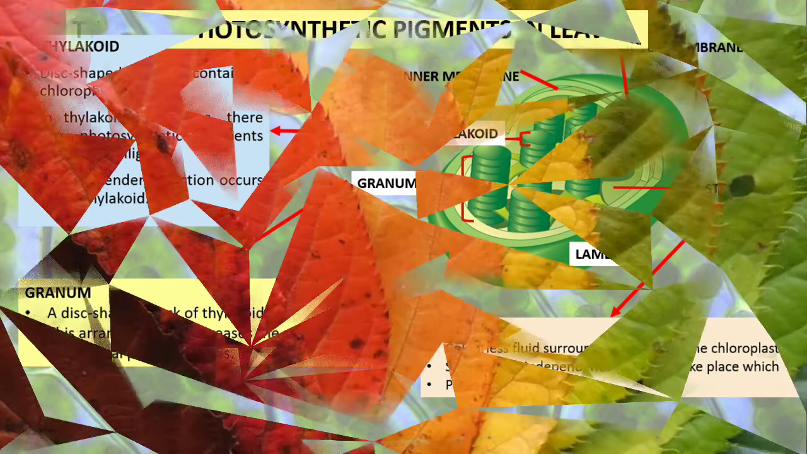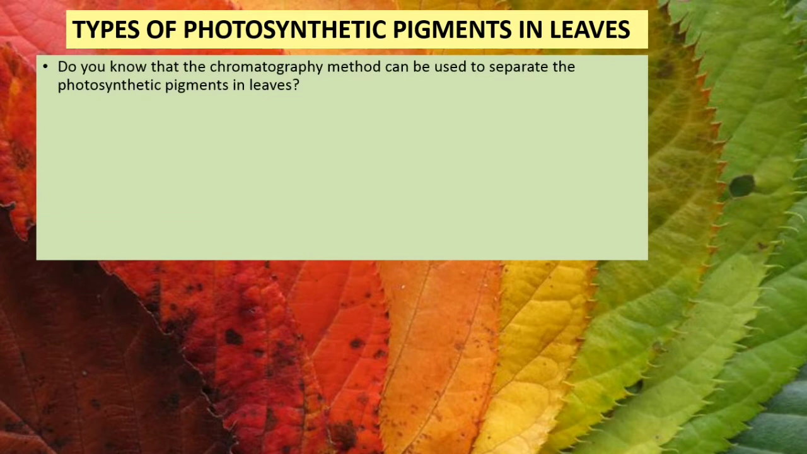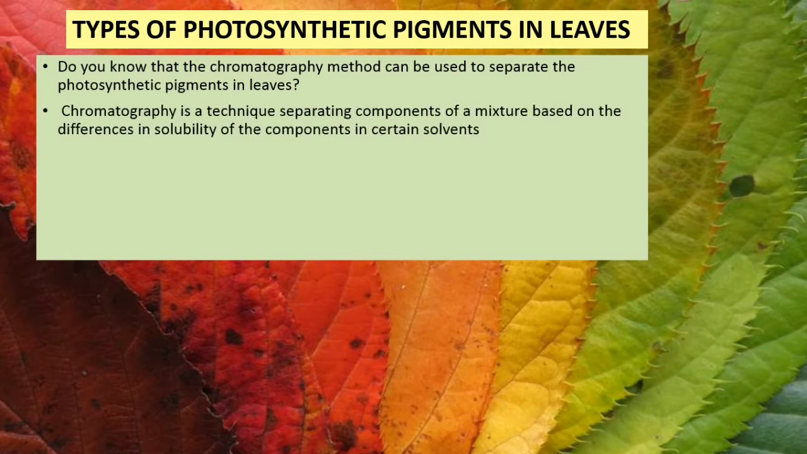Next, the types of photosynthetic pigment in leaf. There are various colors of leaf. So, do you know that the chromatography method can be used to separate the photosynthetic pigment in the leaf? Yes, chromatography is the technique of separating components of a mixture based on the differences in solubility of the components